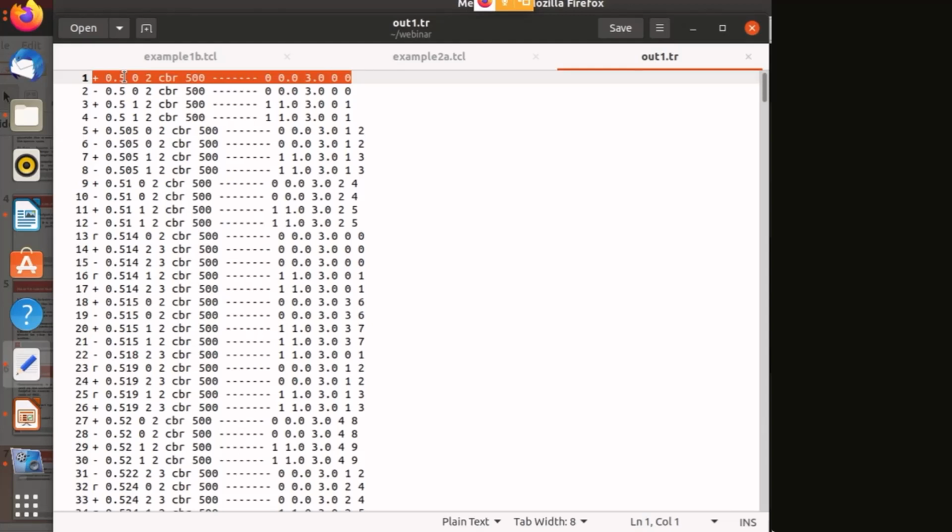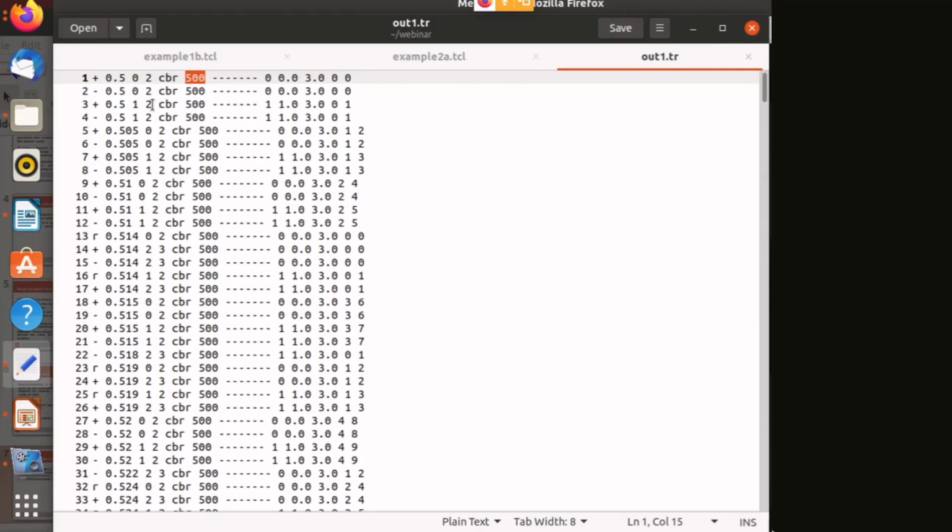So what will happen? The 0th packet ID is enqueued at time 0.5 in node 0 to be transmitted to node 2. It is of CBR type and the size of the packet is 500 bytes. So only this much information is necessary for you to get the output. I told you don't read everything in NS2, but however I will tell you the other things as well, because I know. Otherwise, if your work is okay without knowing it, then you should proceed with it. Don't try to learn.